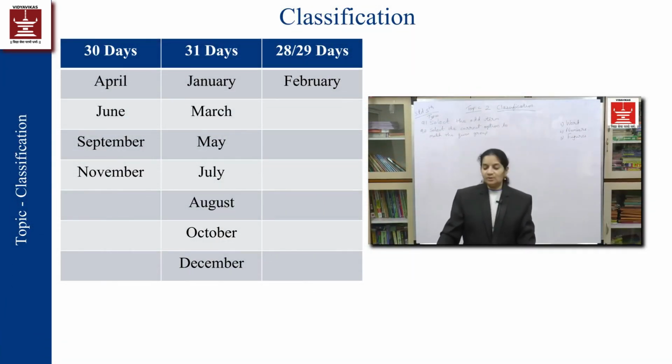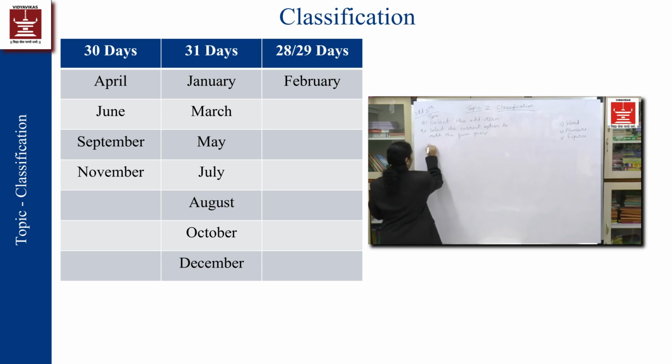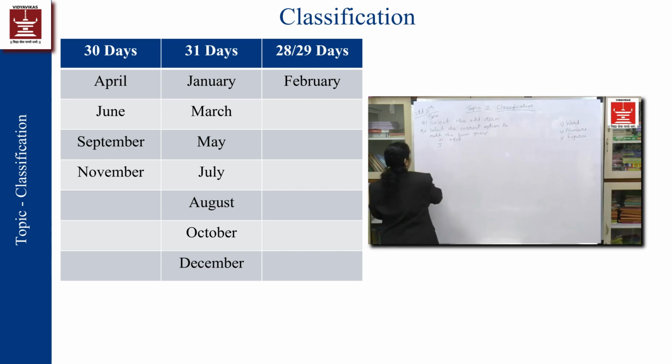Okay. Now instead of the Hindu calendar, if you go for the English calendar, you will see that few months have 30 days, few have 31 days. Okay, we'll write down those months also. If you start from January, we'll not write the entire name. See, these are 30 days and these are 31 days. So January comes under 31 days. February is 28 or 29. It is neither 30 nor 31. We know in a leap year it is 29, whereas in a non-leap year 28. So January is 31, February comes in this category, March again here, April here,